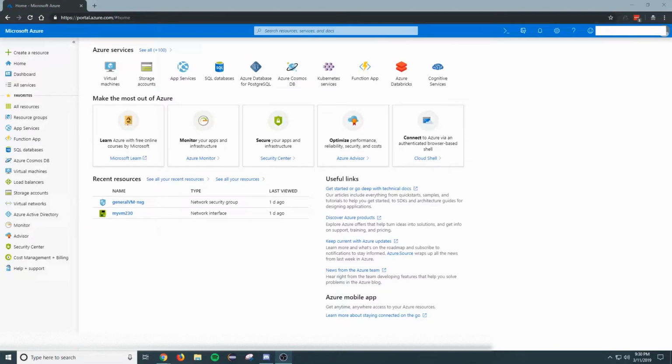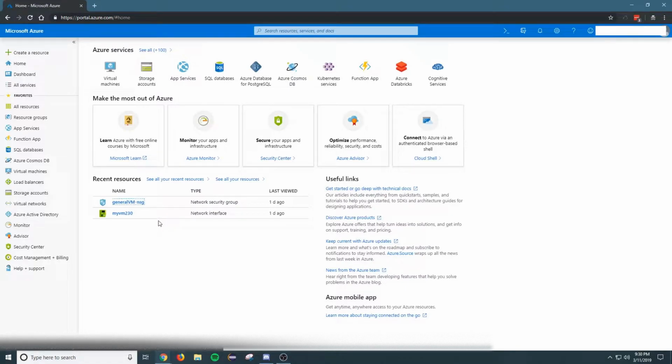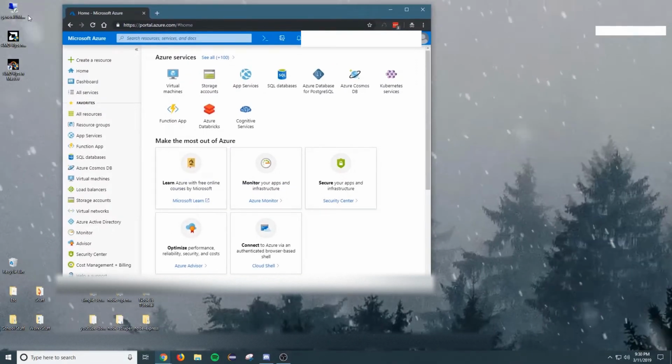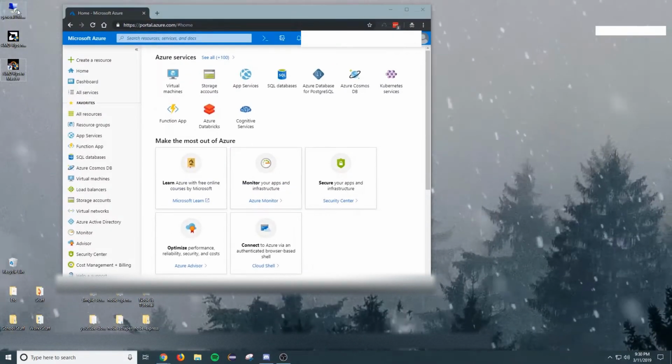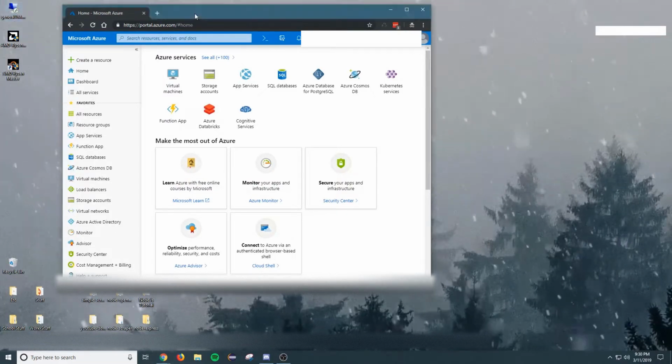Hello everyone, today I'll be showcasing a tutorial of how to set up a virtual machine to run your Mixer account 24/7. This way you can get Mixer points while you're offline, and your computer doesn't have to be on 24/7. For this tutorial you'll need a Windows PC or an application that can run RDP, which is